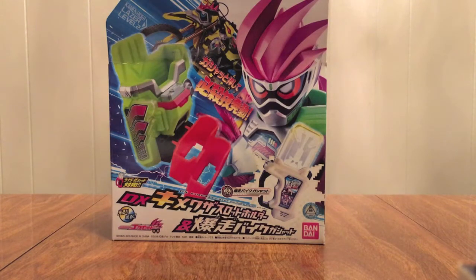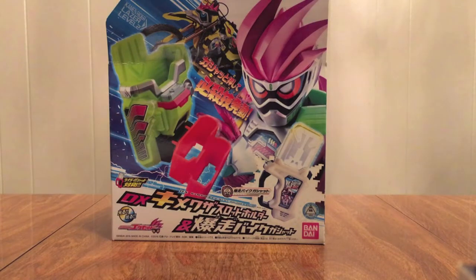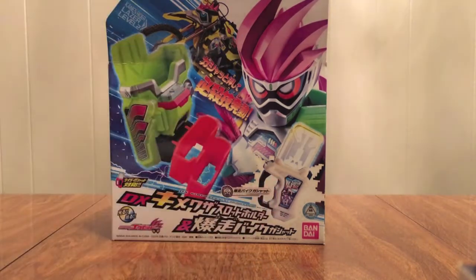Gashat. Right, so this is the little slot that he uses to hold Gashats right over here, and then he can use this to do his finishing move because, I don't know, that's the thing we're doing, we're just going to combine it on the one thing. And then it comes with the Bakusou bike Gashat right here for Laser